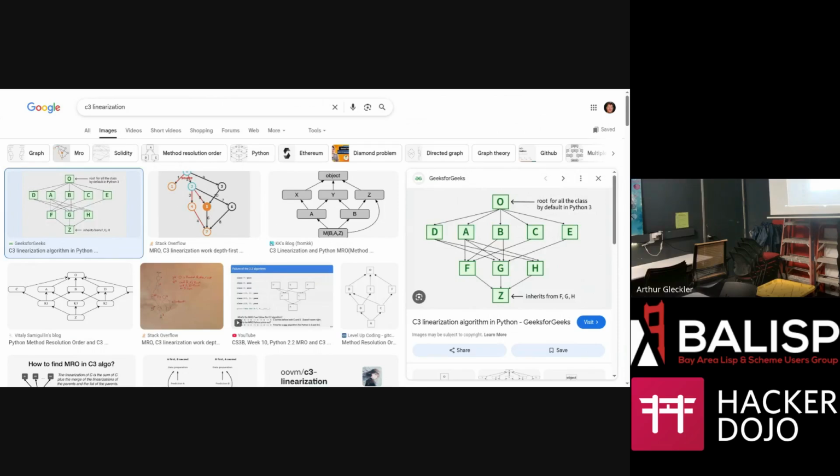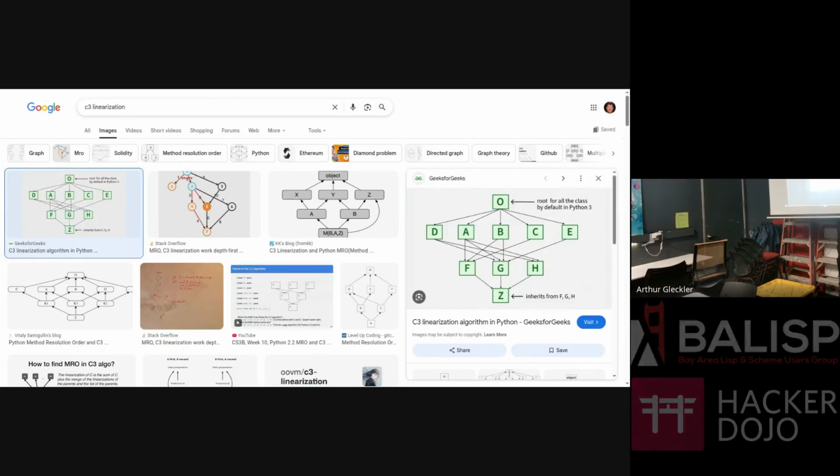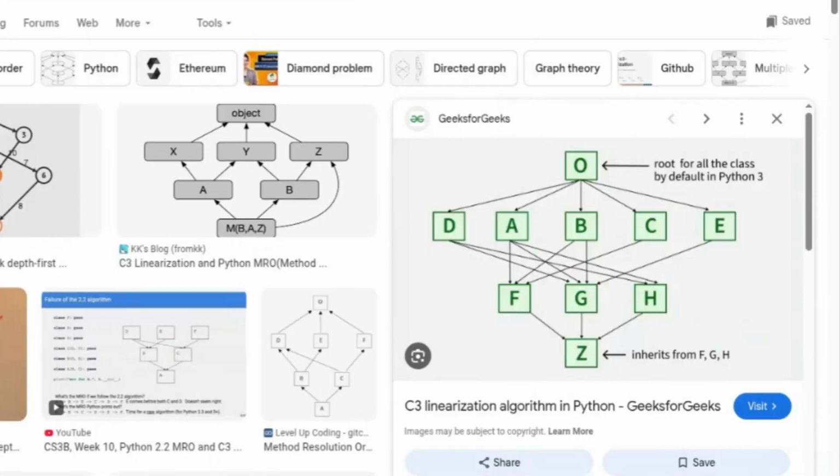In a language with multiple inheritance, like Lisp or Python, when you do a slot lookup or method resolution, there's an algorithm that runs under the hood, a family of algorithms in Python. It's called C3 linearization. In Lisp, it's called the class precedence list linearization. What it does is pick a class and then convert the DAG into a vector, which is just a single linear representation of the